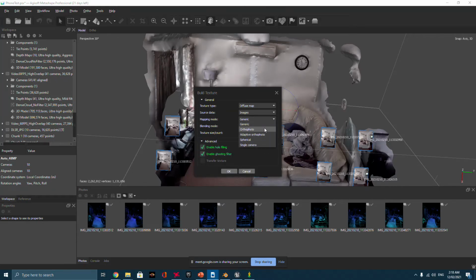Orthophoto. I am not too sure what that would be used for. It's like a technical term from remote sensing or something. Ortho is like a corrected photo, so it's been corrected for distortion, but I'm not sure